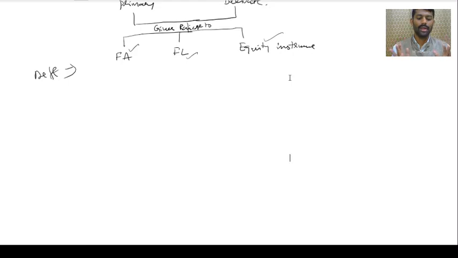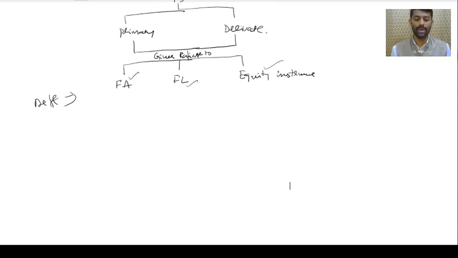We learned so far: what is a financial instrument? What are the types of financial instrument? Then those types of financial instrument will give rise to a financial asset, a financial liability, or an equity instrument. This is what we learned, correct? Yes, sir. Now, today let us start learning about what is a financial asset, what is a financial liability, and what is